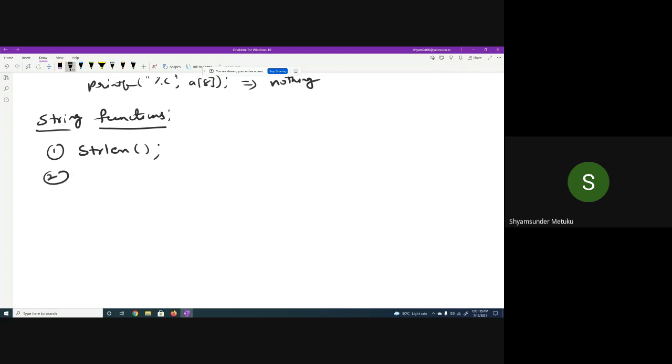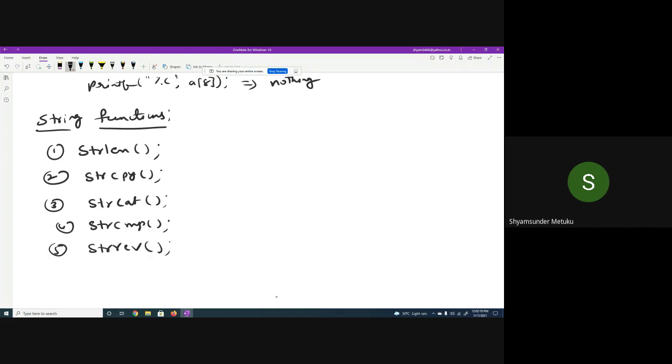The second function is called strcpy, which is string copy. The third one is strcat, which is string concatenation. The fourth one is strcmp, string comparison. The fifth one is strrev, string reversal.